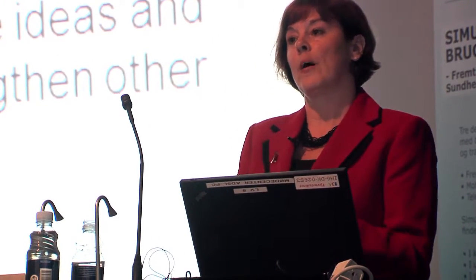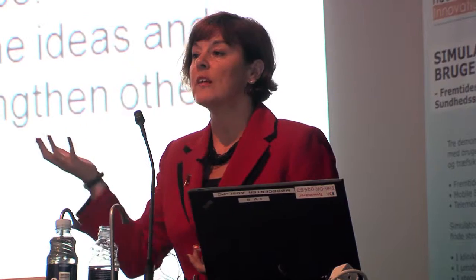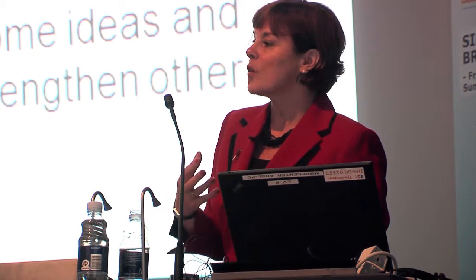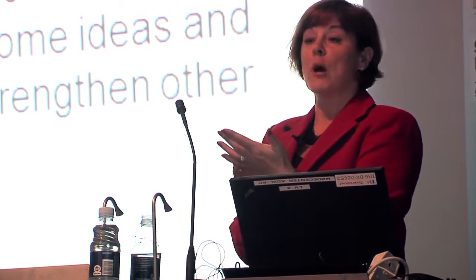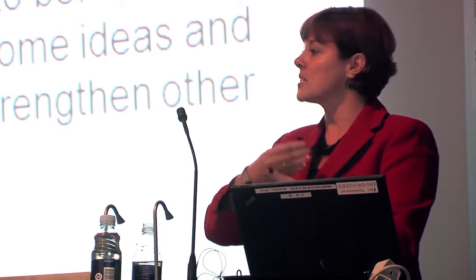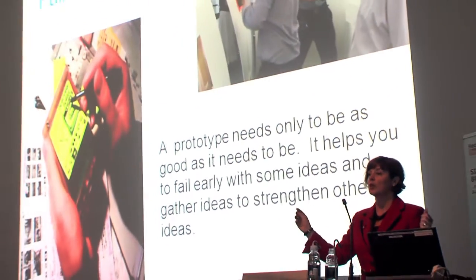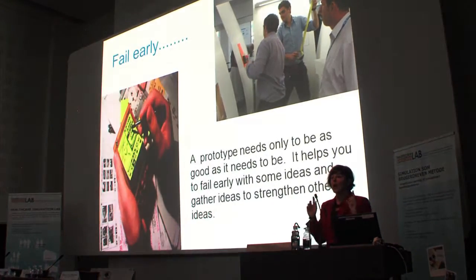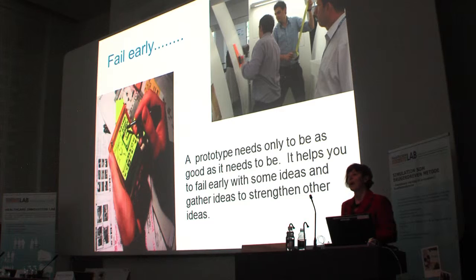And there's a picture there of, I think that's a doctor, and they wanted to implement handheld monitoring and information devices. But, you know, they weren't sure exactly what they wanted to capture or what the screens wanted to look like. So instead of them bringing the software supplier in early and costing a lot of money per hour, we gave them a post-it notepad and got them to talk through, to simulate what they thought they wanted to happen and to draw it. And so when a number of doctors and nurses and other staff had done this, they finally agreed on what they wanted to happen, what they wanted to capture, and what they wanted each screen to look like. Then they gave that to the software developer,